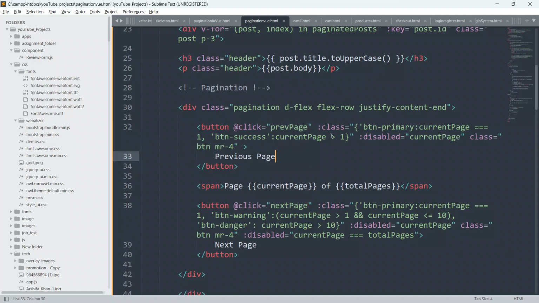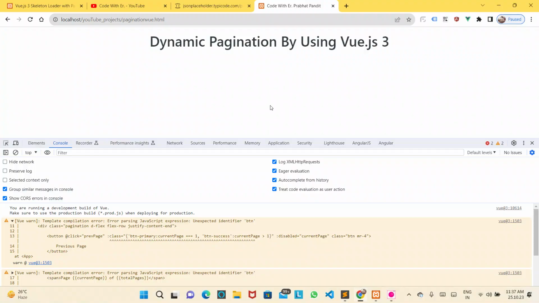Okay, so class btn primary, oh sorry guys, give a comma here. Let me check one more time. Yeah, here also, give a single inverted comma.